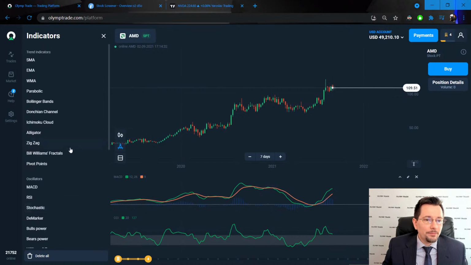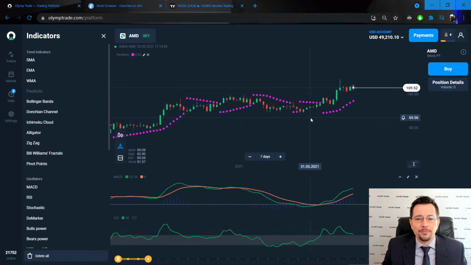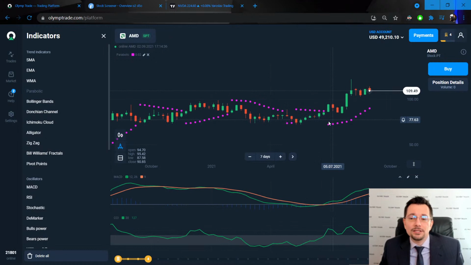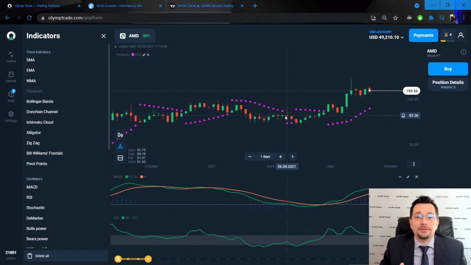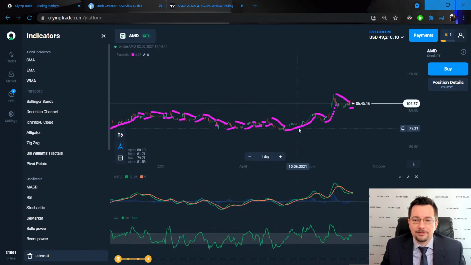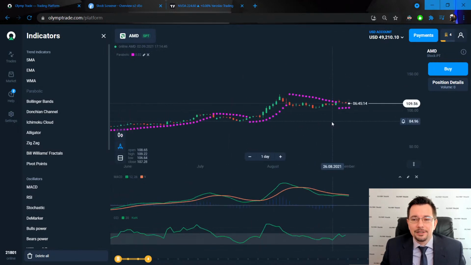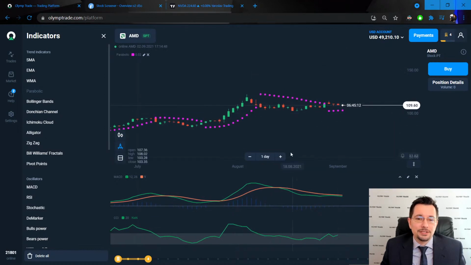Another good one is parabolic. I know some of our analysts use parabolic, and again, it's a visual aid that can help you see where the strength of the trend is. Oh, excuse me, I'm on the 7-day graph. The 1-day graph would be where I would be looking at all these things. So here we have a visual indication that, hey, this is a very weak downtrend and perhaps it's time to